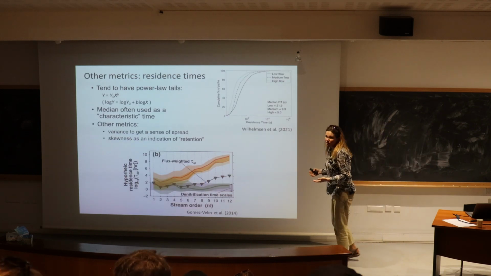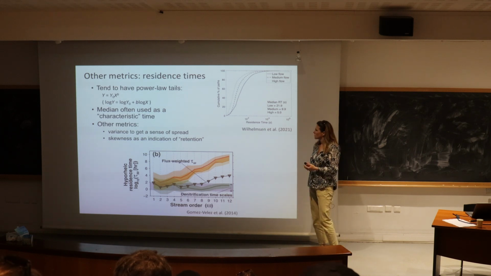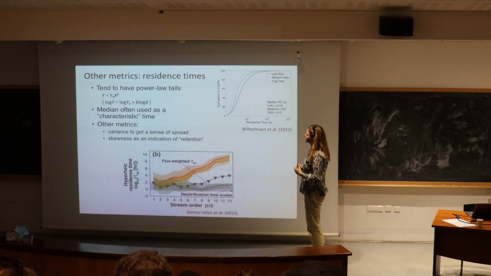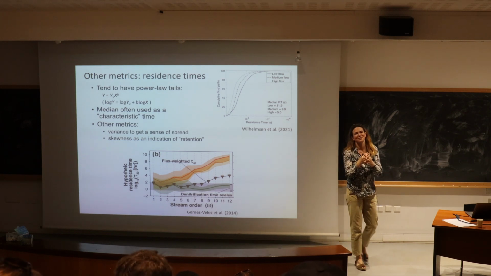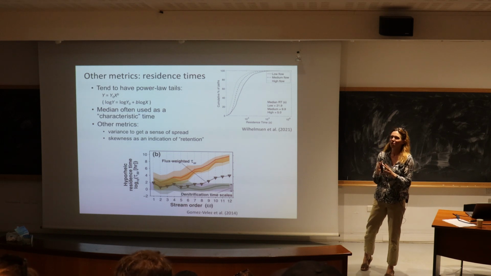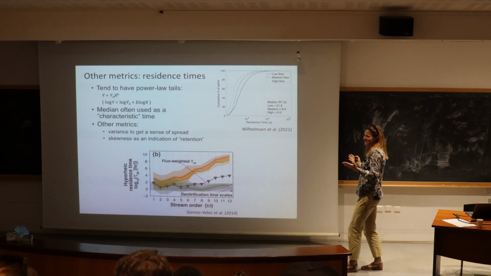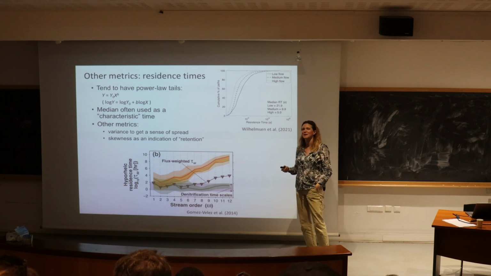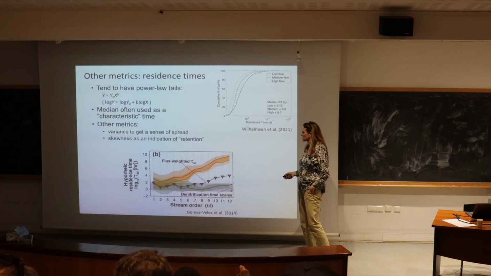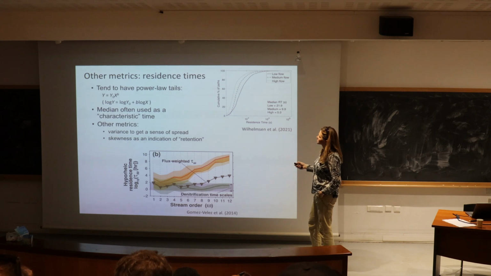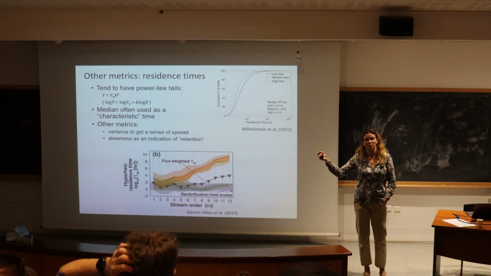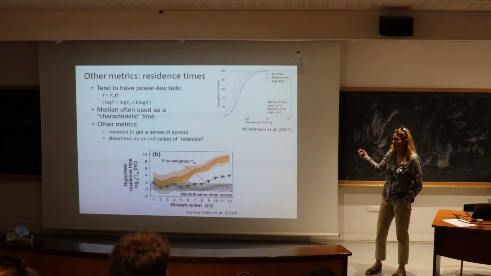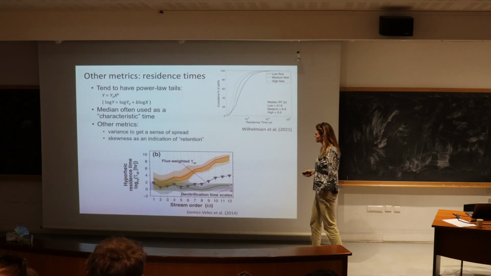What about the residence time, though? Because that's important for thinking about reactions along flow paths. Again, the residence time distributions tend to have power law tails, so it's almost comical to represent these power law distributions with one number. But we try, because at the end of the day, we want to say something about how long water sticks around in the stream bed. And so if you look at different studies, some people will use the median, some people will also think about variance or skewness, especially if they're dealing with field tracer breakthrough curves, to try to understand how long water is sticking around in these storage zones.